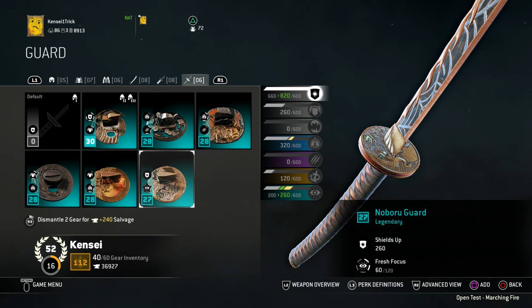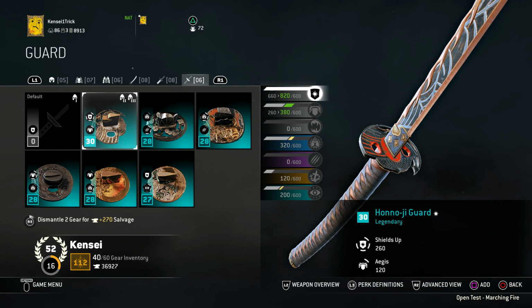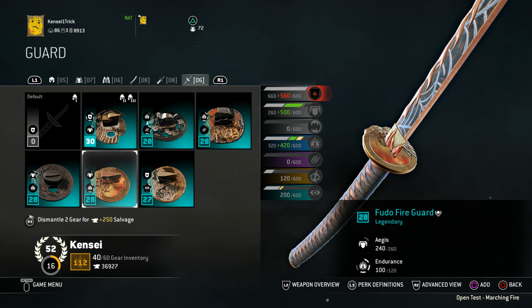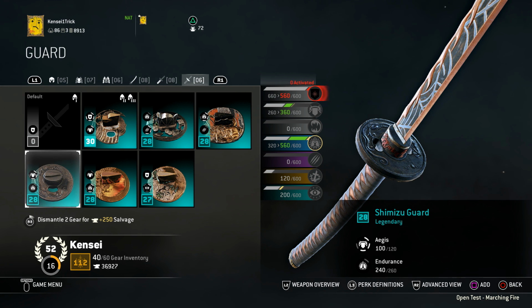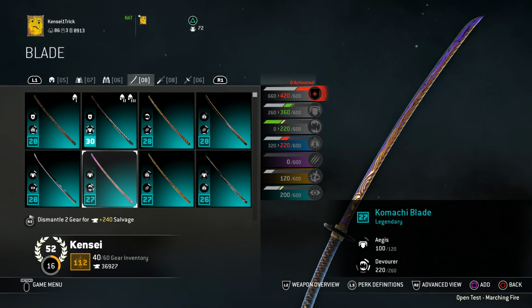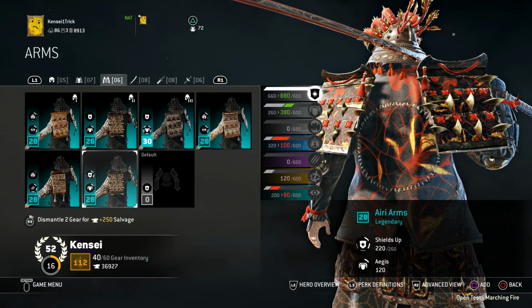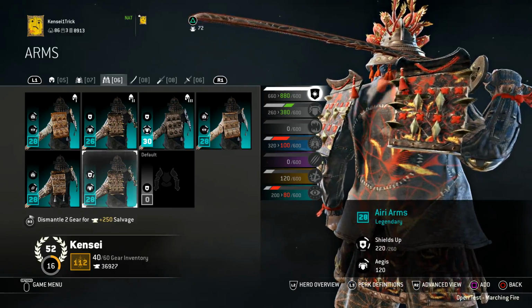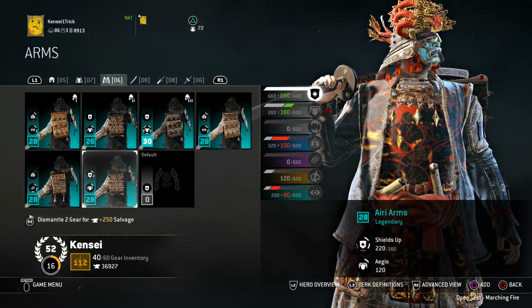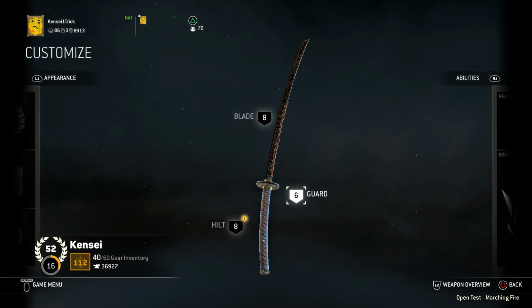But looking through, I can see that this is a better system, but I think it's going to be really annoying to do this math all the time to calculate what I need. Oh, this guard gives 100 Aegis, 240 endurance, but this one gives 100 Aegis, 220 devour, and I kind of want to devour more, so then do I have to sacrifice part of my arms because I want the Aegis on there or something? You're going to have to be doing a lot more math. Maybe it's going to be a little bit easier to identify once we've experienced it a little bit more,